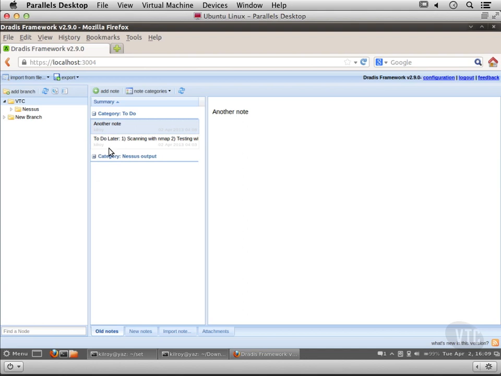So if I had a lot of different categories and a lot of different notes, I may want to collapse a lot of the information so that I'm only looking at what I really want to look at. So you can see I've got a lot of capability here in Dradis to do some organization, put a lot of data in, keep track of what I'm doing, have it in different categories, and it makes a really nice organizational tool for the type of work that we're doing here, because there is really a lot of management that's involved in doing these ethical hacking engagements or penetration tests,